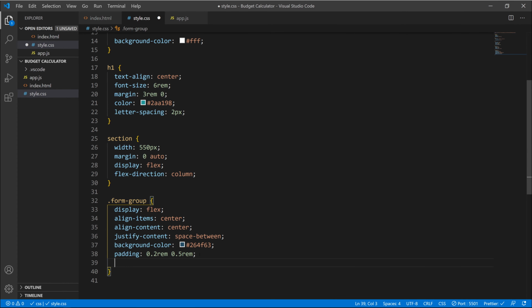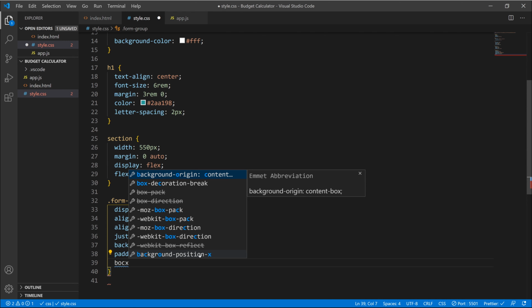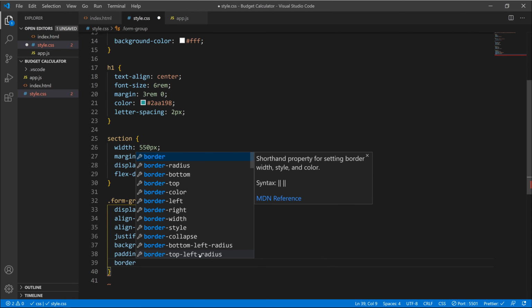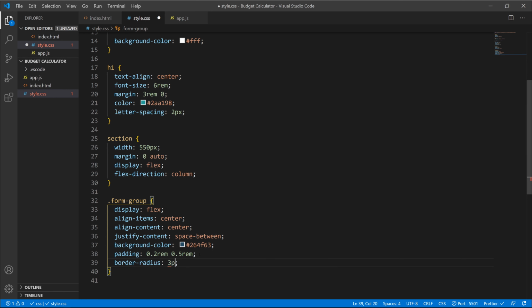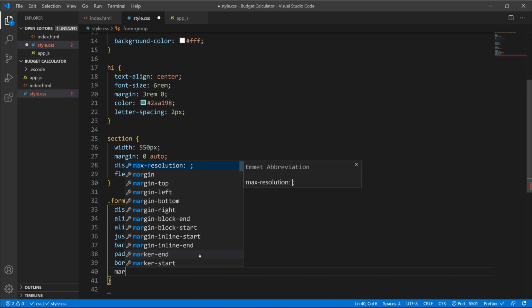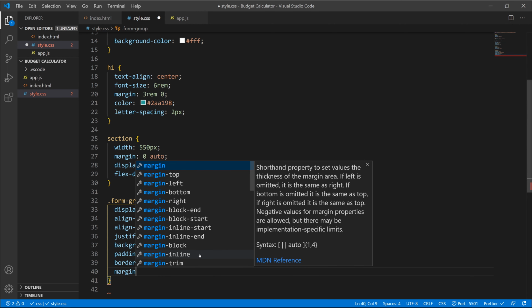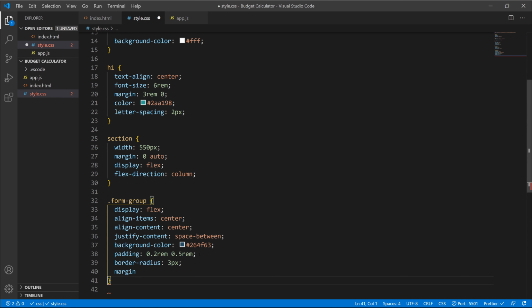Okay, next up we're going to give them a bit of a border radius of 3 pixels and a margin from the top, actually a margin from the bottom